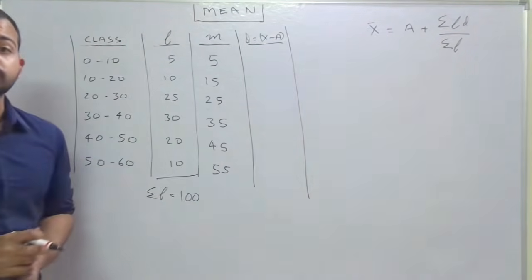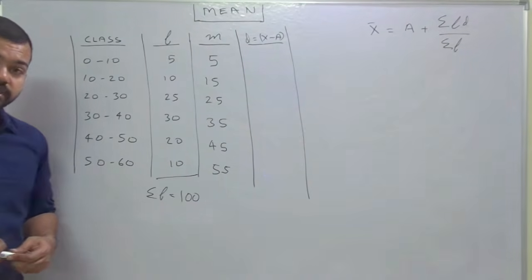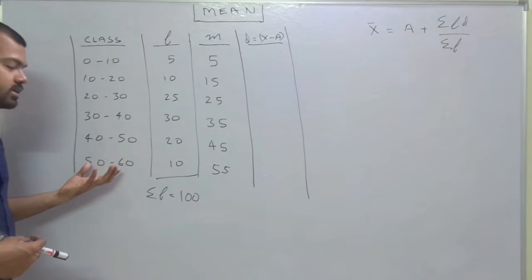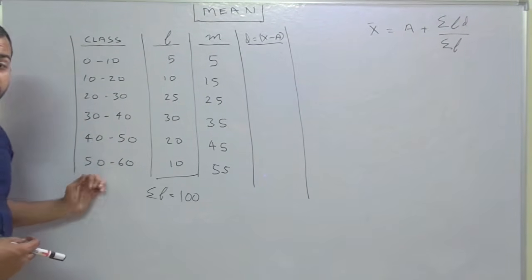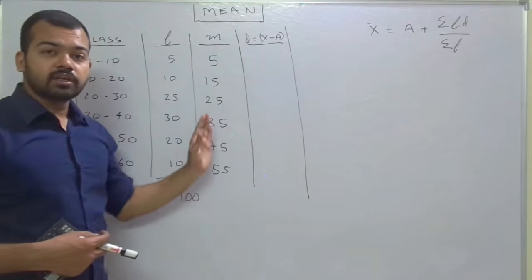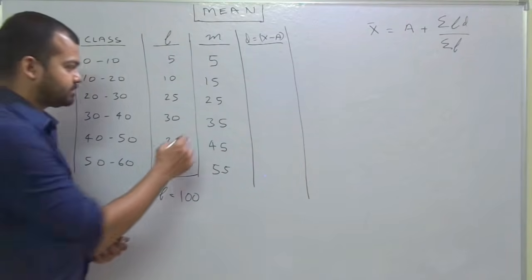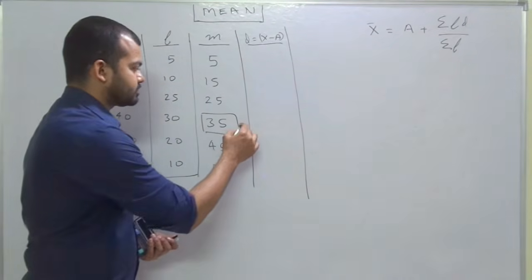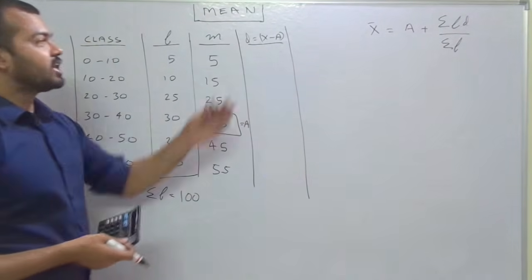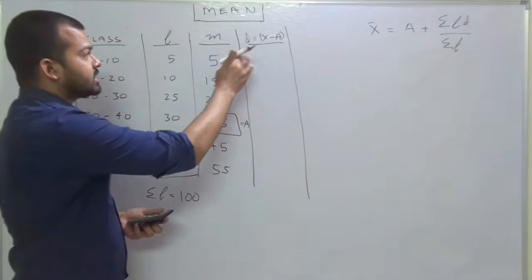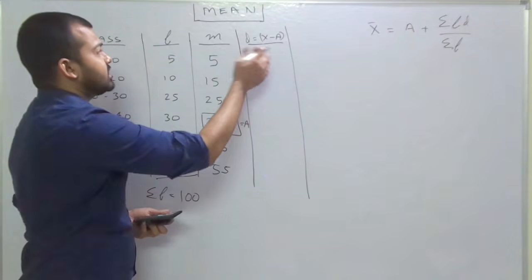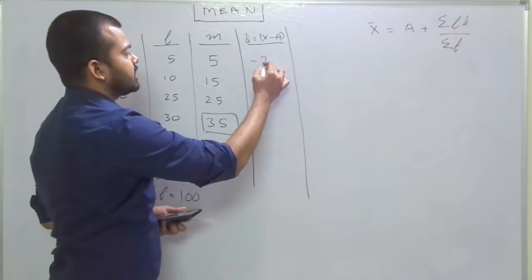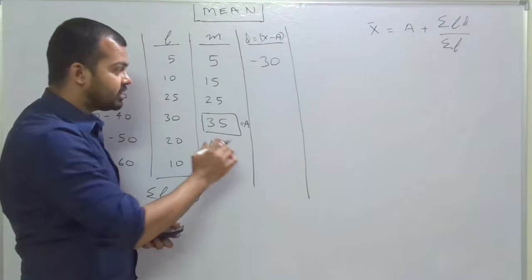So now first of all we need to assume, like in discrete series or individual series, we have to assume one thing. But here the problem is that in continuous series, we cannot assume from these class intervals. That is why we need to assume using these midpoints. Suppose we are assuming 35 as A. This is your A. Now you have to calculate the deviations. Deviation means x minus A, or m minus A. Here m means 5 minus 35, that is minus 30. 15 minus 35, that is